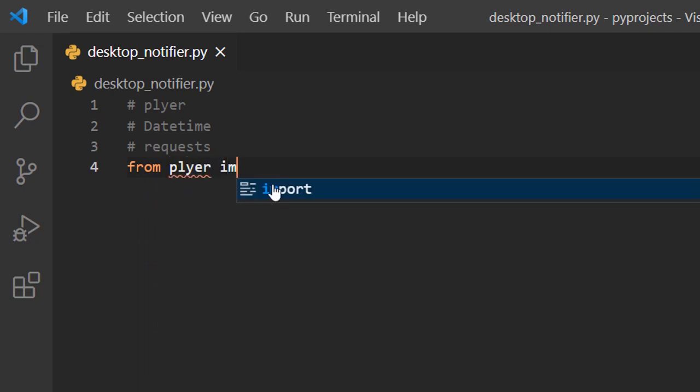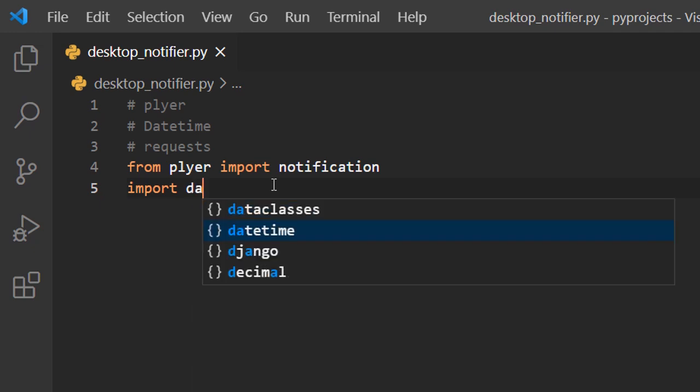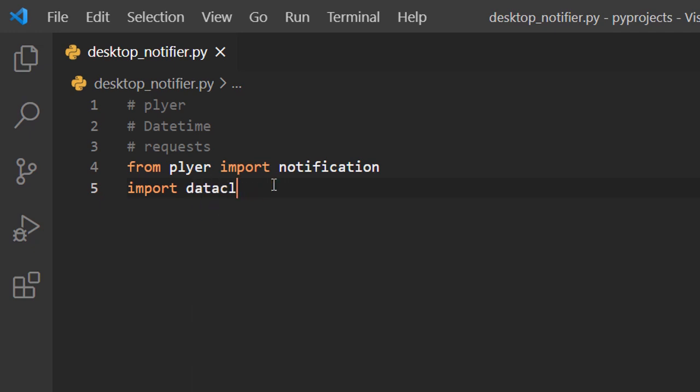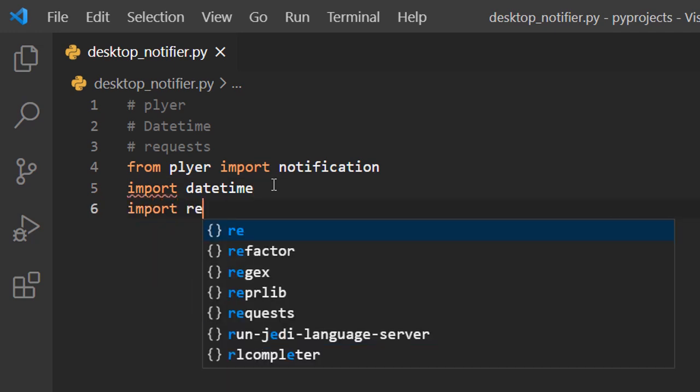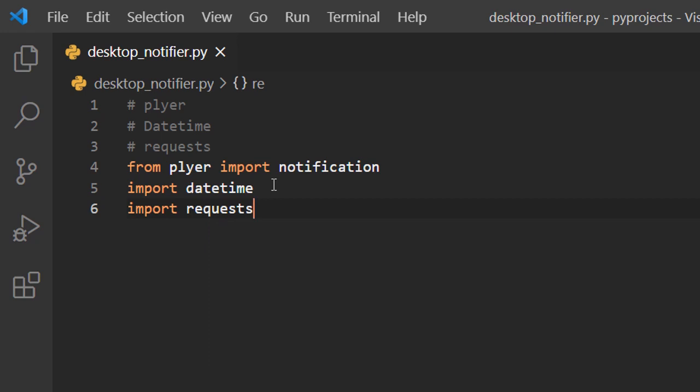From plyer I'm going to import that class, that is notification, and then to get the date and time I'm going to import the datetime module, and also I'm going to import the requests module to get the information of COVID-19 stats from the internet. So here we have the required modules imported, and now we have to create the data for the message